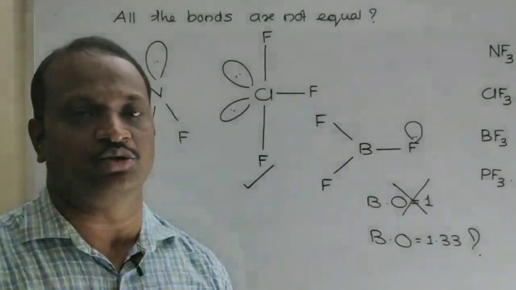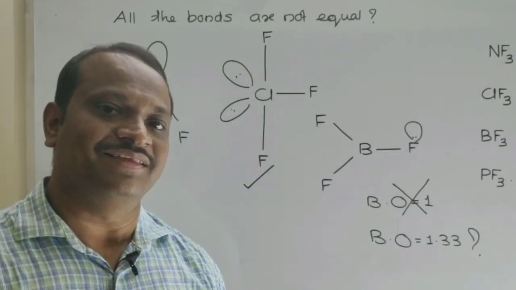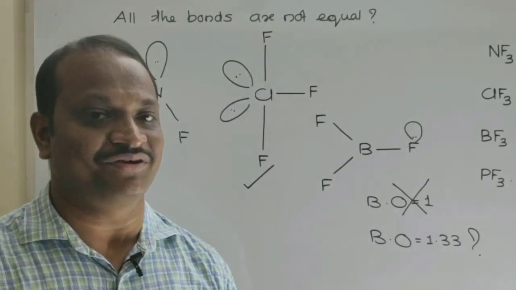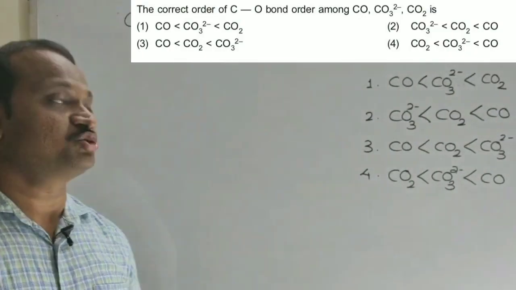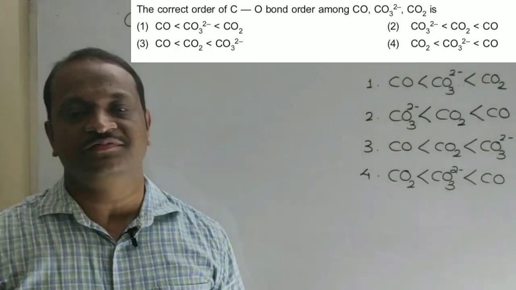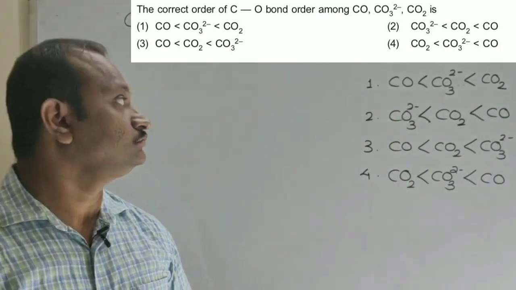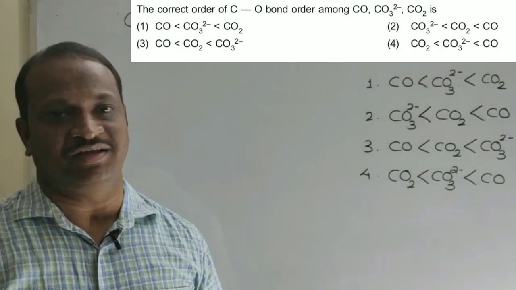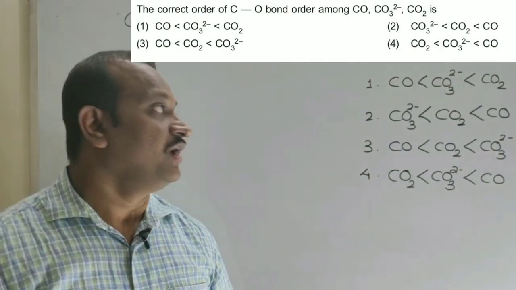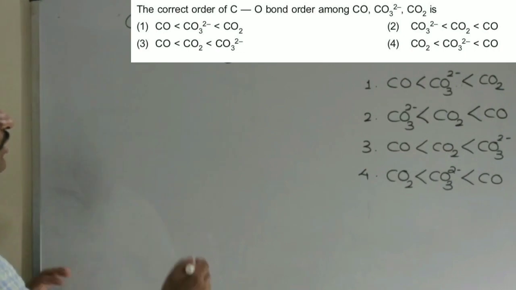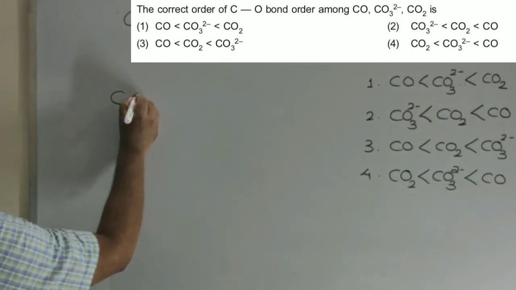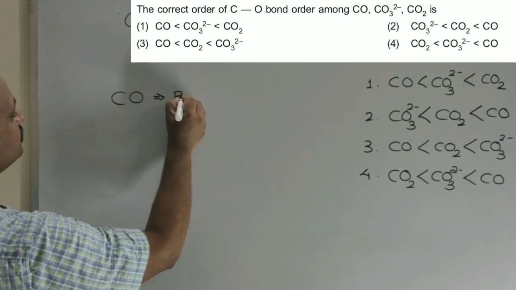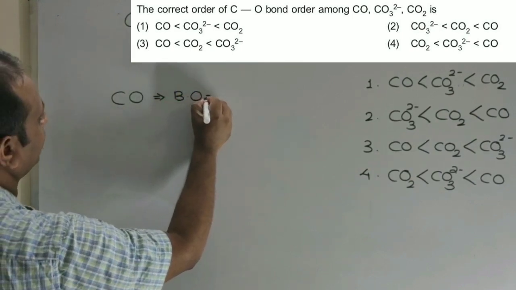by hearing that question, please try to understand that this can be asked only in trigonal bipyramidal geometry, not in any other case. Now in the next question, the correct order of C-O bond order. Which one? They have given all these orders and we are all familiar with these compounds. Let's start with CO. You know, the CO bond order equals 3. So in the case of CO, the bond order equals 3.